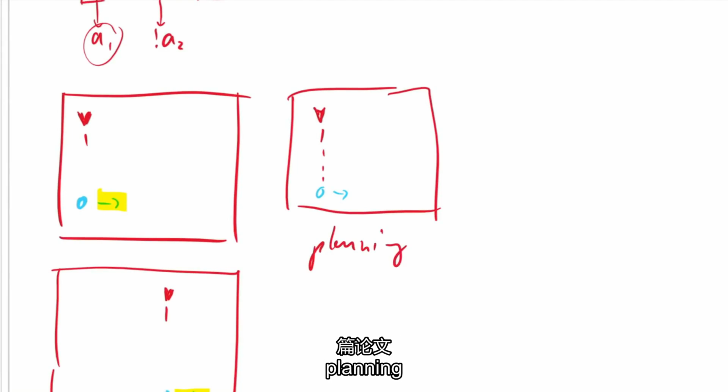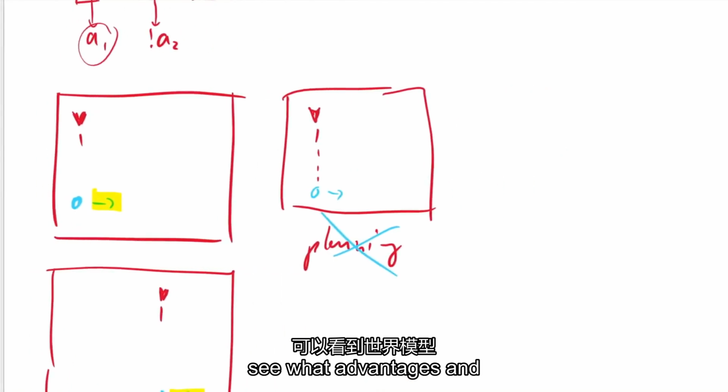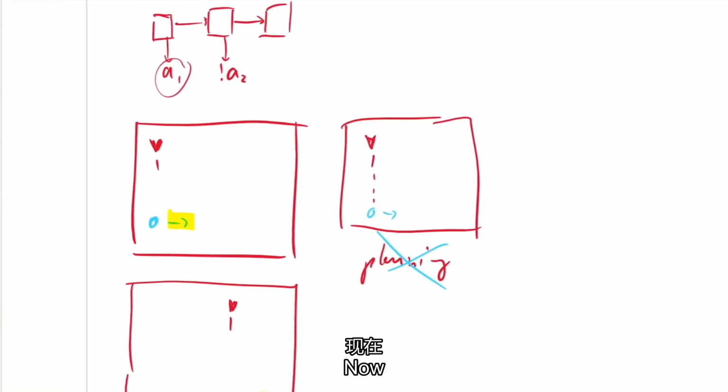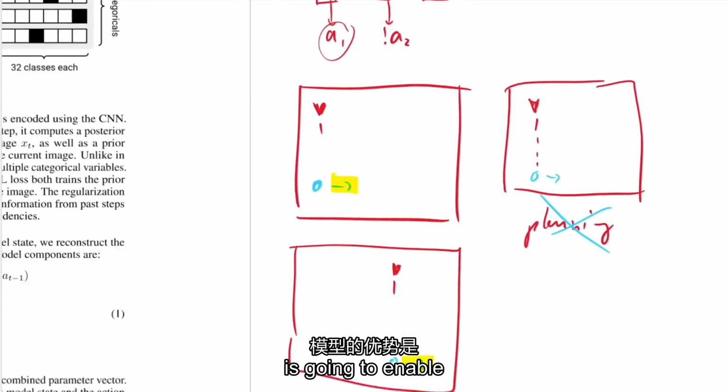We are not going to do planning in this paper. We are still going to do the classic RL. But you can see what advantages a world model could do. Now, the advantage of the world model we have in this paper is that it is going to enable this